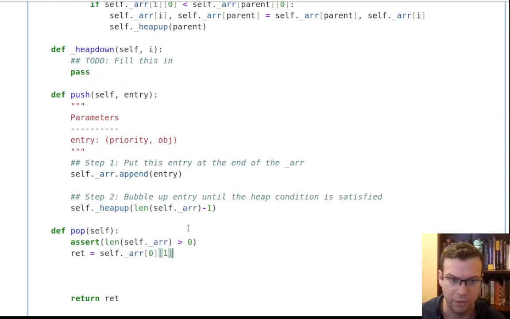Just remember, again, these are tuples. The second element in the tuple is the data associated to the priority, which is the first element. So I'll do that. That's the thing I'm going to return. Now what I'll do is I'll say, okay,